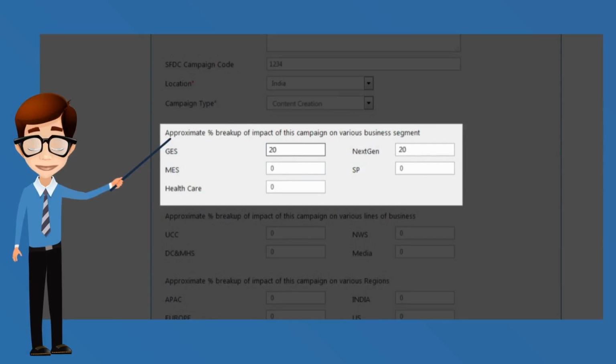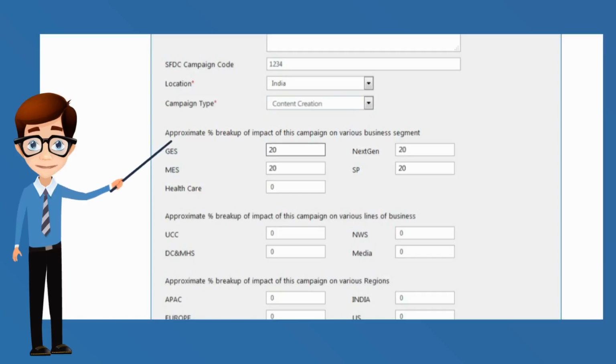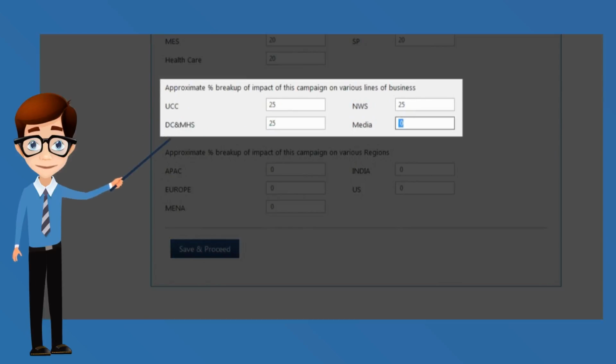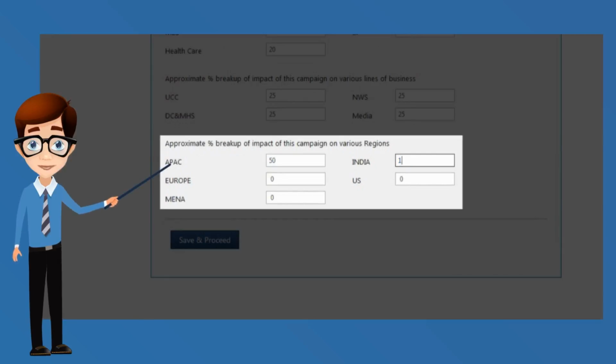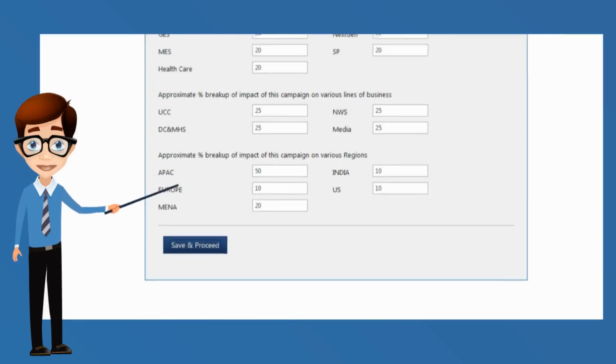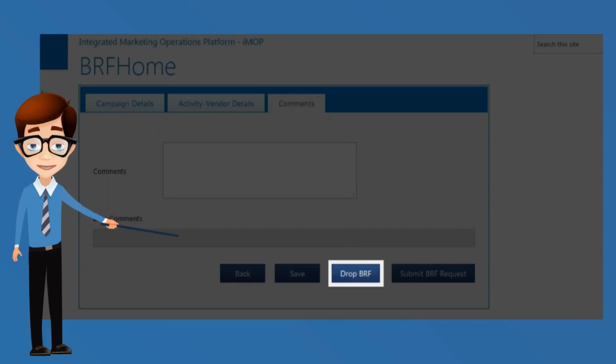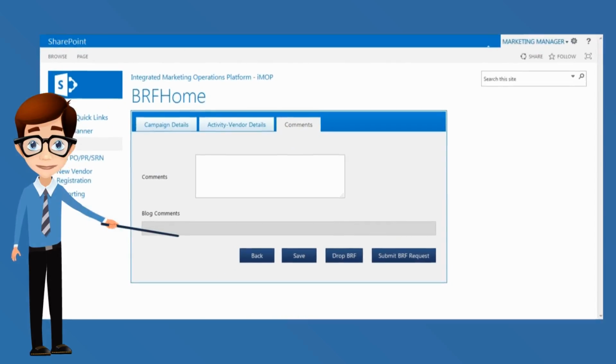The approximate percentage breakup of this campaign on various business segments or lines of business and regions should sum up to 100% in total. Note that if the chosen campaign name is incorrect, one needs to drop the BRF, as the campaign name cannot be edited again